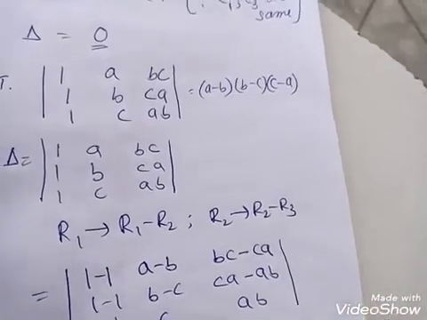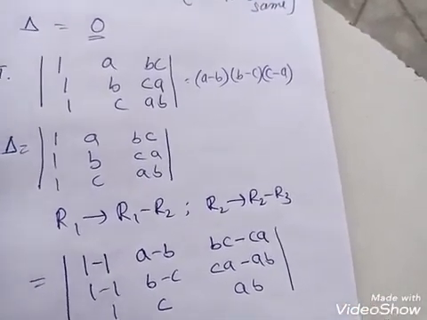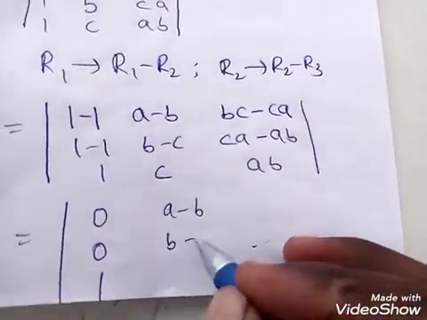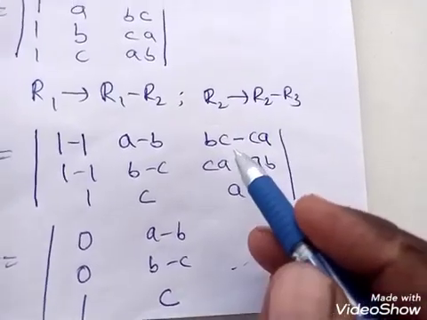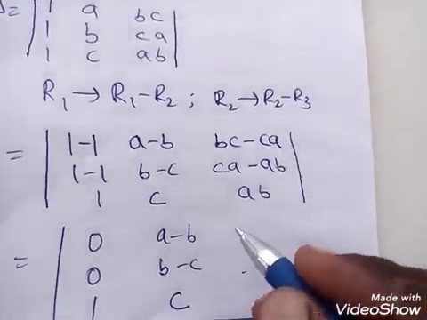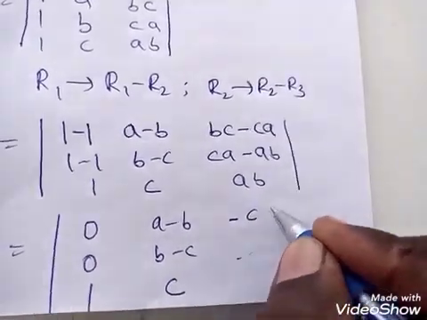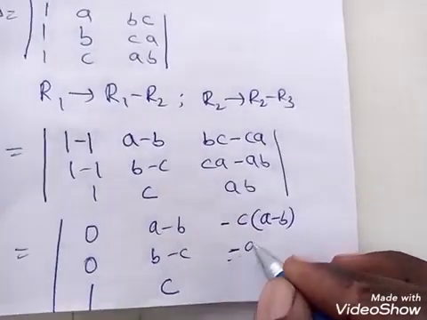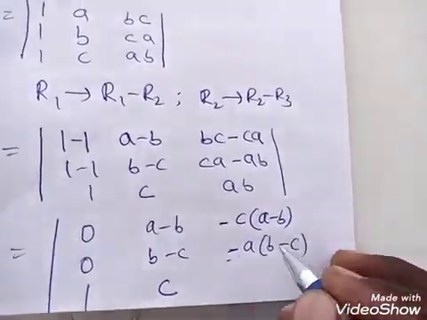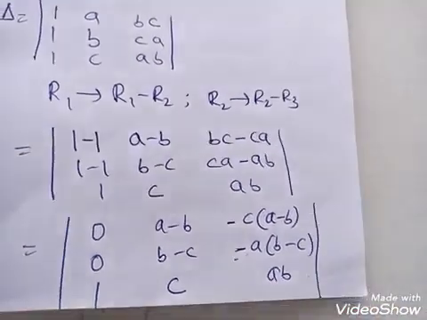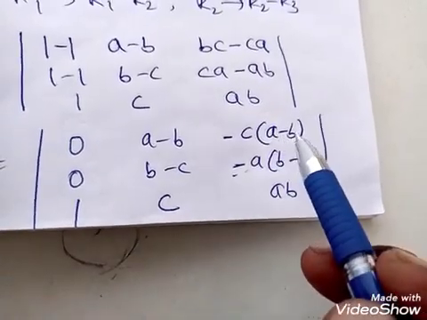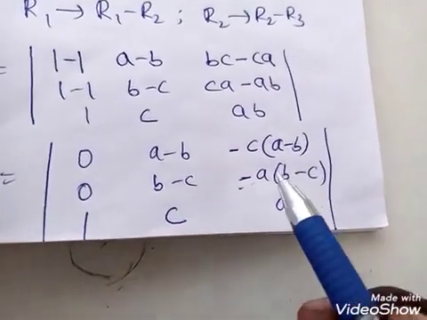Now here observe, 1 minus 1, what did you get? 0, 0, 1; a minus b, b minus c, c. And here what can we take common? Observe there. If I take minus c common, then I will get a minus b. Here I am taking minus a common, then I am going to get b minus c, and ab as it is. Now observe what you can take common from row 1: a minus b, and here also a minus b is there. Here b minus c, that means you can take b minus c common from row 2. That only has to be put in the wording form.